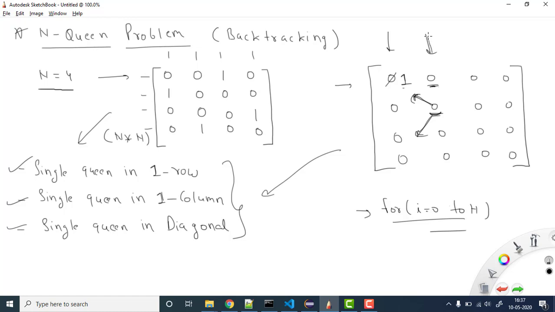If we are here, it means we have only placed values up to here. We haven't placed values on this side, so it will always be 0. That is why we need to check only this side.